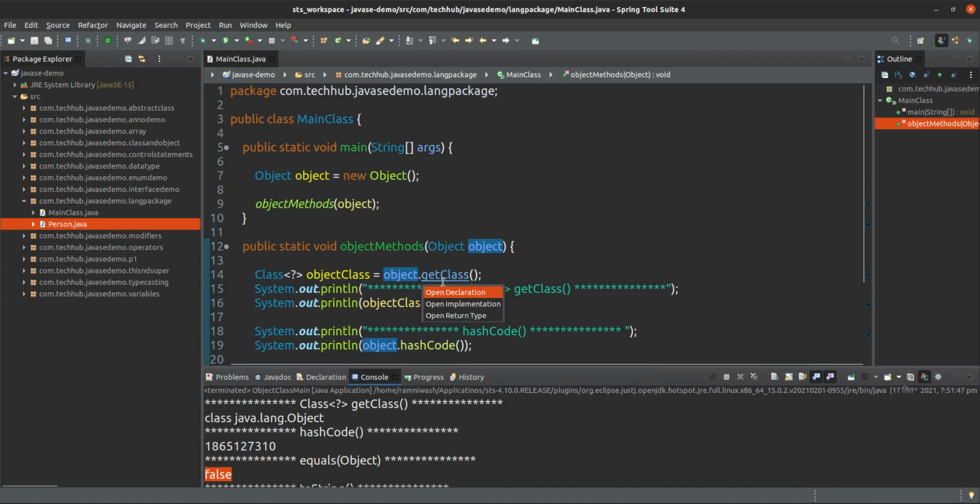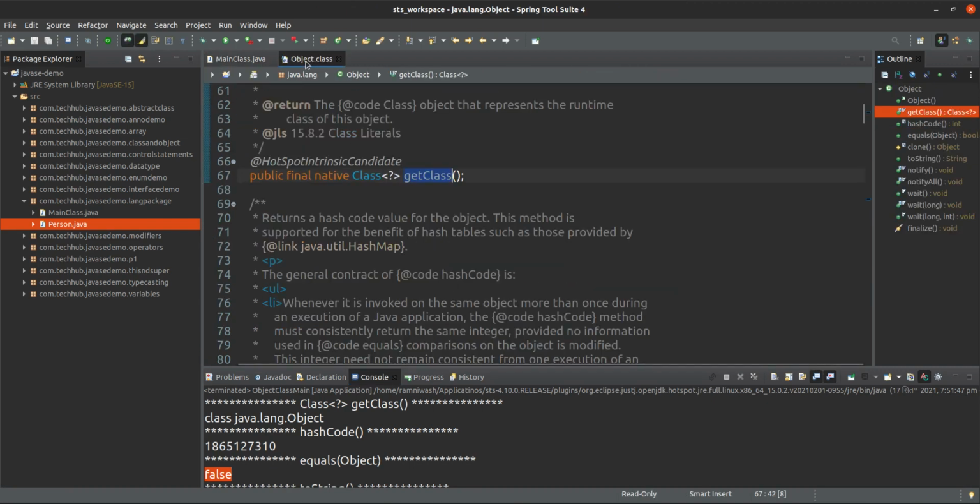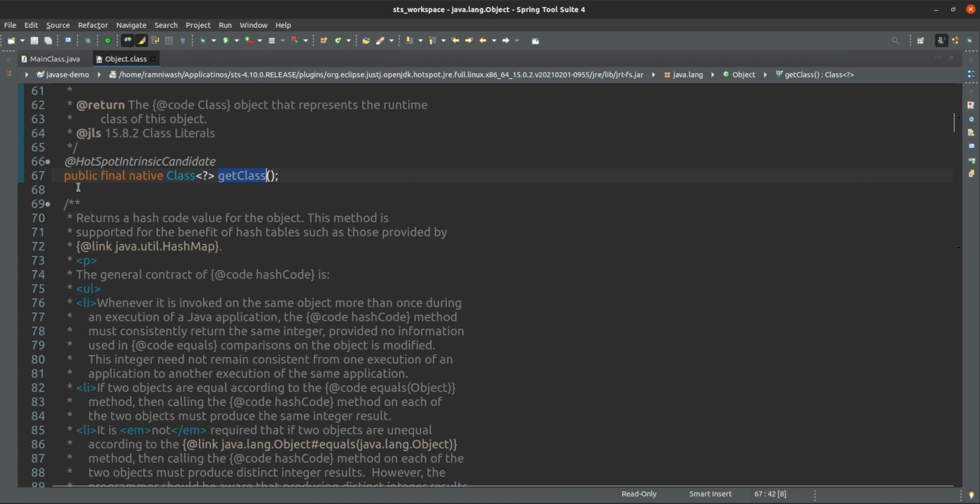If I press Control and click on this getClass method, I will see the implementation. See, because this is native, the implementation is already written in a native programming language, because that code is already there inside the Java library. We cannot read that code, because that is native code, meaning binary code.